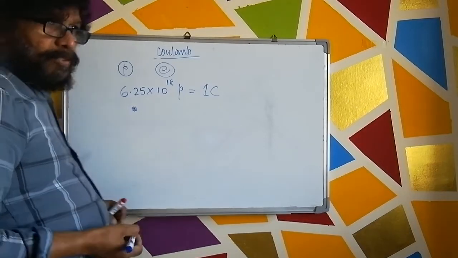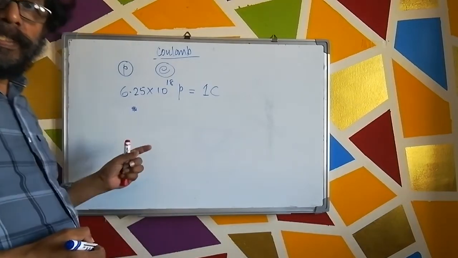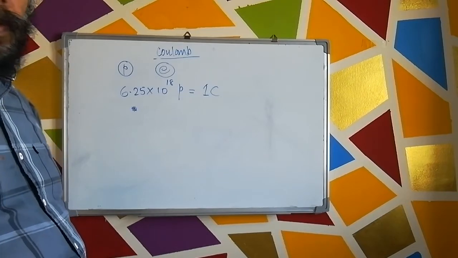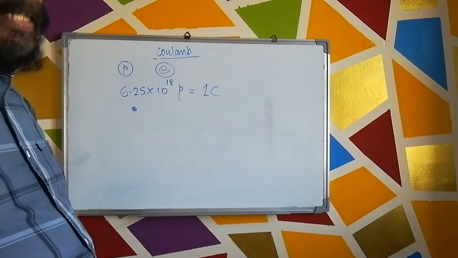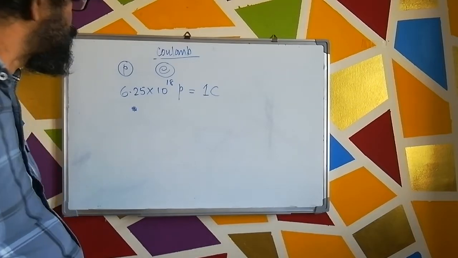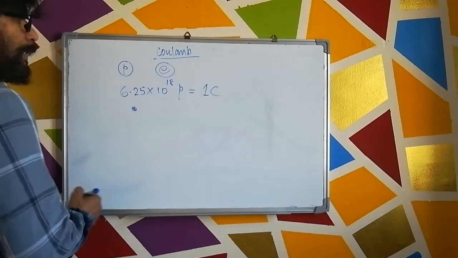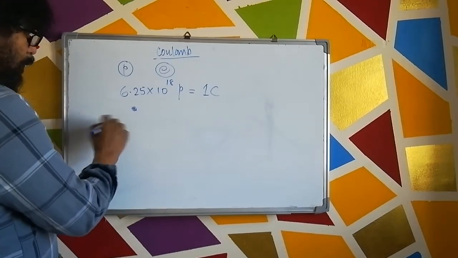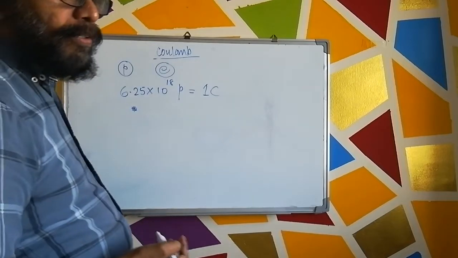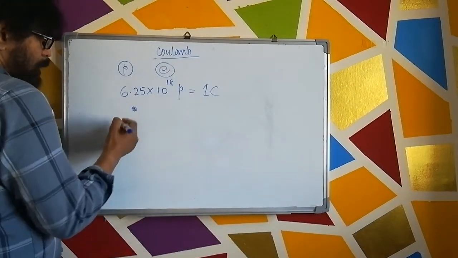Right, so the same goes for electrons. If you take that many electrons, but this time the total charge would be minus 1 Coulomb, because electrons have negative charge. It's a different type of charge. Right. So from this it follows that the charge on a single proton or a single electron is